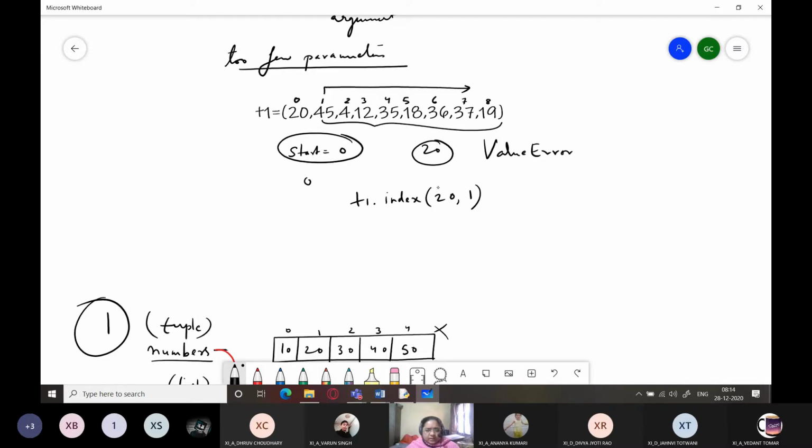So this is very suitable for us if you have duplicate elements in your tuple. If you have duplicate values in your tuple, it can work fine.